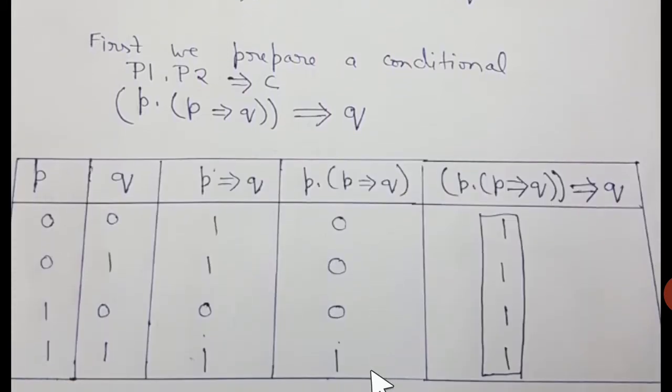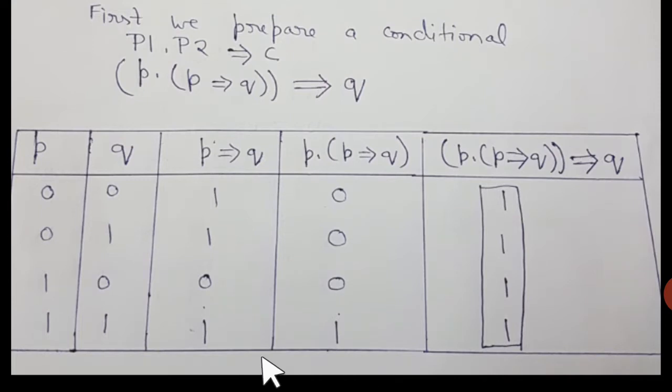Now next step, we see here a truth table with two columns P and Q. Values are 0, 0, 0, 1, 1, 0 and 1, 1. Now we have the conditional of P and Q. So P conditional Q is here. So I want to remind you students, conditional gives us false or produces 0 or false when antecedent, which is P right now, is true and the consequent is false. For all the other rows it is having 1. So 1, 1, 0, 1 is the output of P conditional Q.